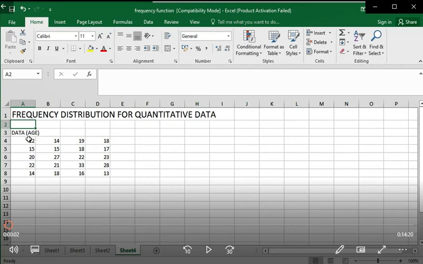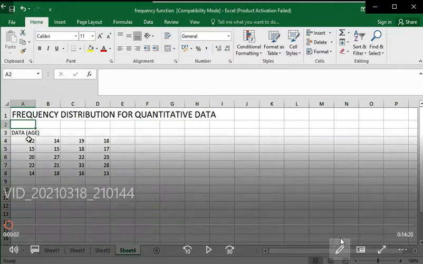Hi guys, in this video we're talking about frequency distribution for quantitative data using Microsoft Excel. As we all know, distribution is a summary of frequency of individual observation for a variable, and the most common way to describe a single variable is the use of frequency distribution. So in this example, we have here different age data,